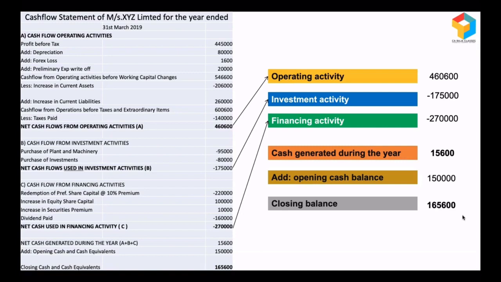But you should also be very cautious, because sometimes businesses will be showing a good amount of profits, but cash flows from operating activity will be negative. It's because most of their sales are locked with the customers, or most of the money is locked in the inventories. Because of that, cash flows are not happening, so they'll be struggling. So for a healthy business, what is required is a positive cash flow from operating activity.